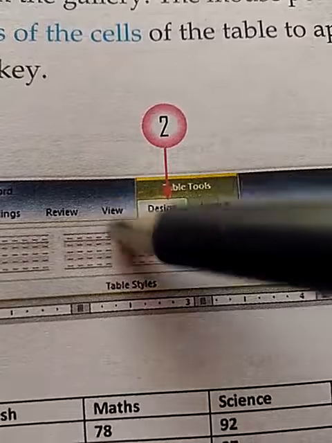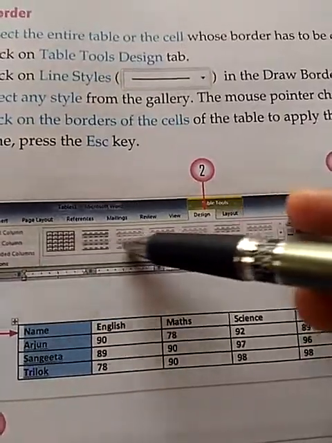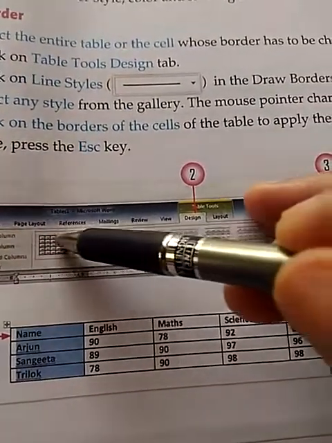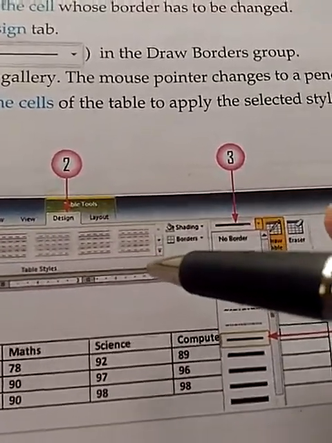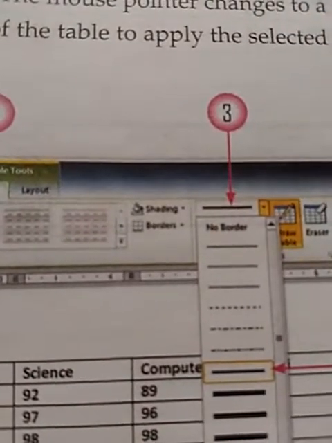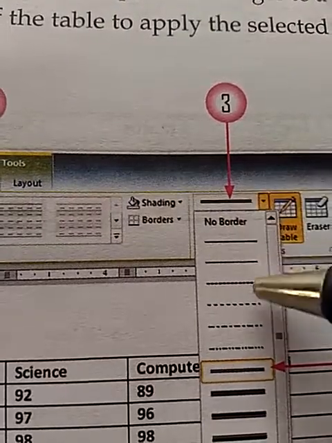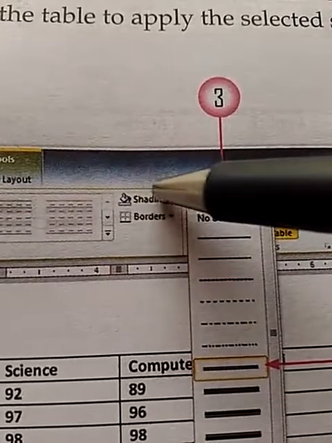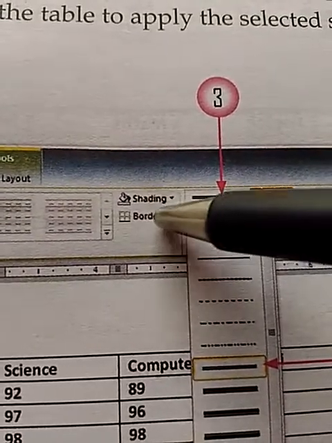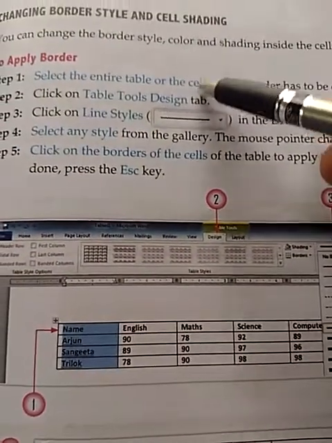By clicking on this Design tab, you will find various types of layouts of the table. You can directly select the layout from here, or if you want to specifically customize the table by providing the border, shading and other things, then this option is available here. This option will provide you the border. There are different types of border. Shading provides you the color of the cell or table. Border will provide you the format of the border in which you want to apply the border in the table. So these options are available under the Design tab.